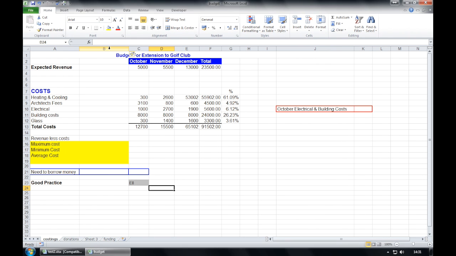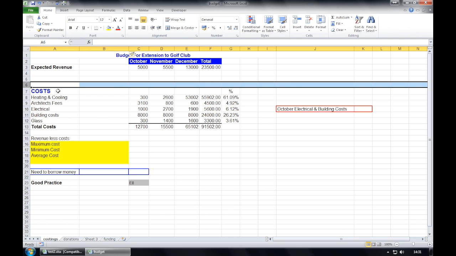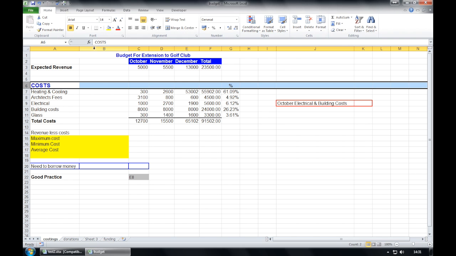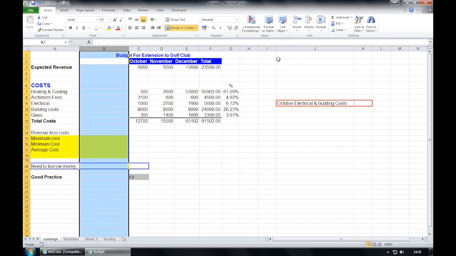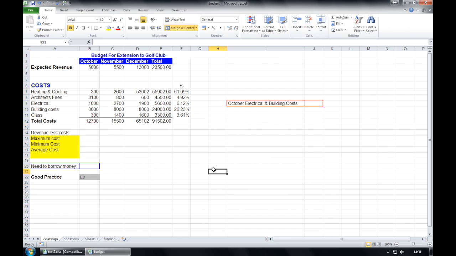We now need to delete both row 6 and the new column B so the sheet returns to how it was. So to do this, again we select row 6, which was our new one, and we go delete, and we select the new column B, and again we click delete.